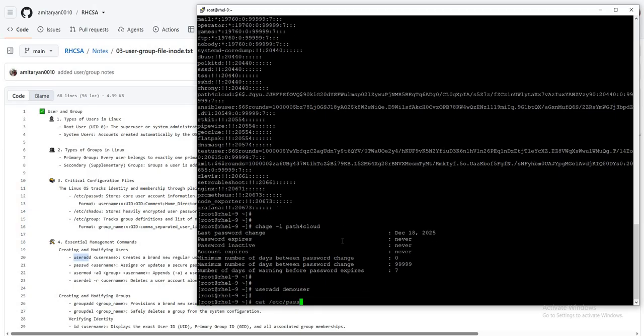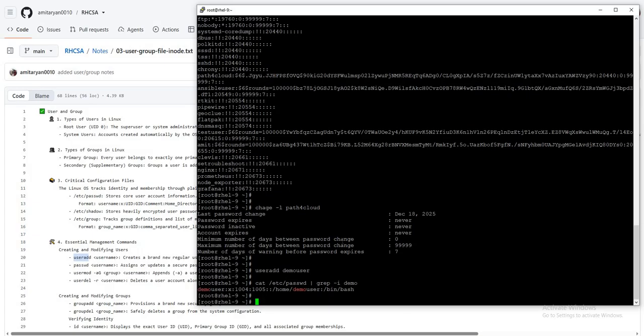Now if I cat my passwd file and grep for demo, here you can see that I have added the user, and automatically it has created this home directory and assigned this bash, right? So there are things already there, like skel and the job daemon. If you want something additional to be added, what you can do is